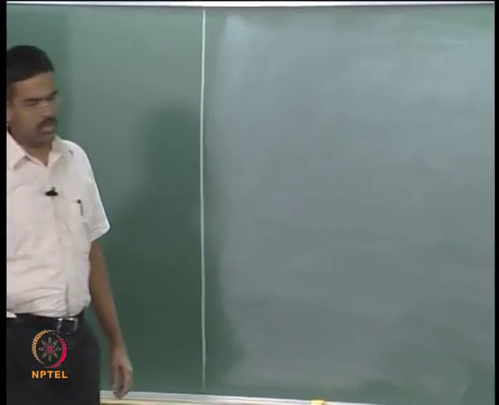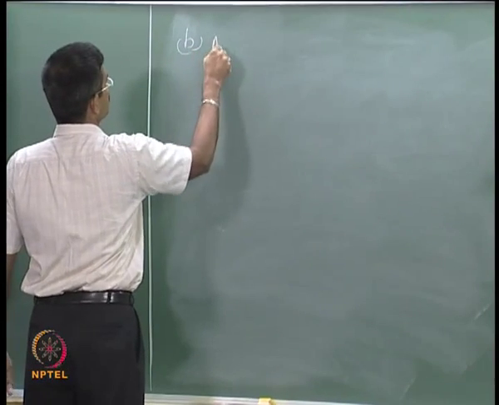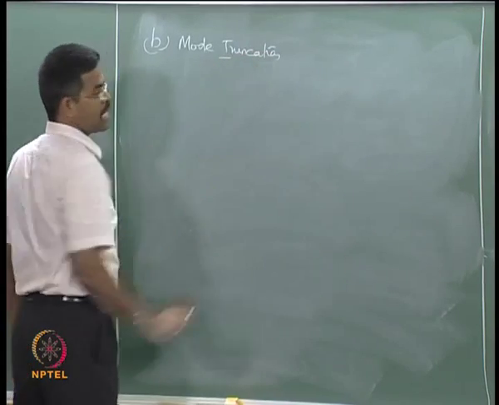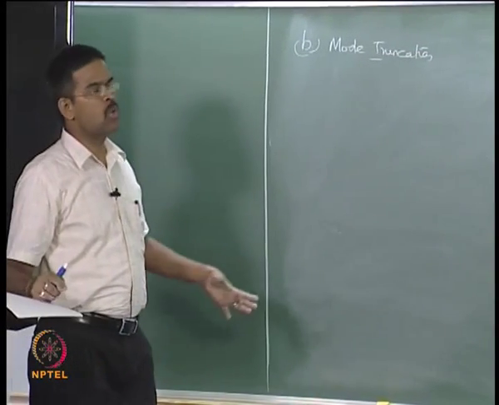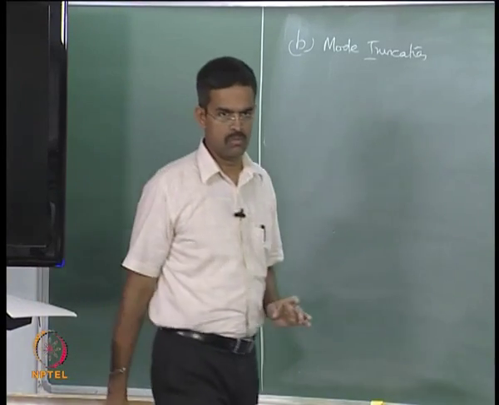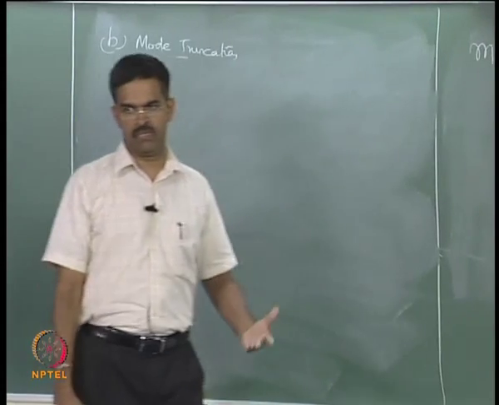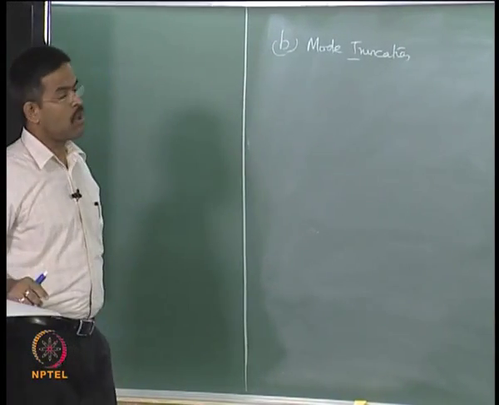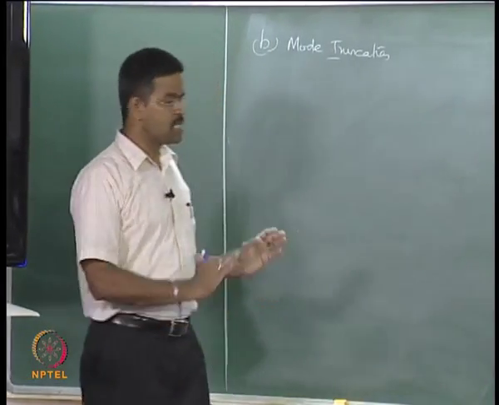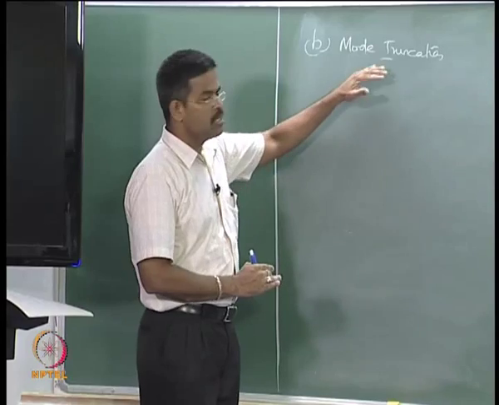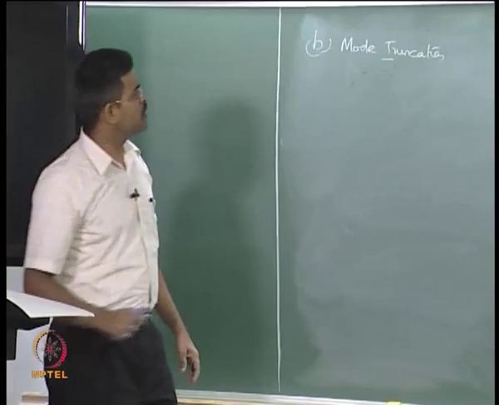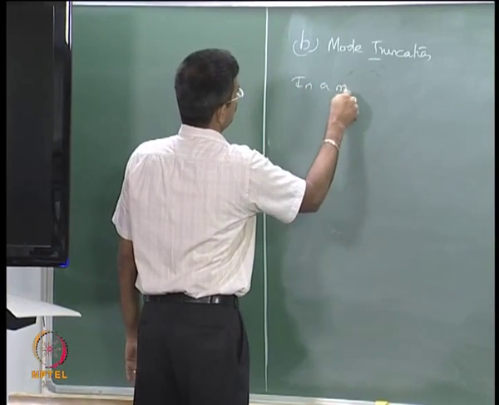Now what we are talking about is mode truncation. What we have learnt in the A part of the lecture is that we know how to find the modal mass contribution in every mode. In an rth mode I know the contribution of mass from the equation. We also studied an equation which gives me the modal participation factor. Based on these two understandings, I will take this forward and see what the logic is to truncate the higher modes.